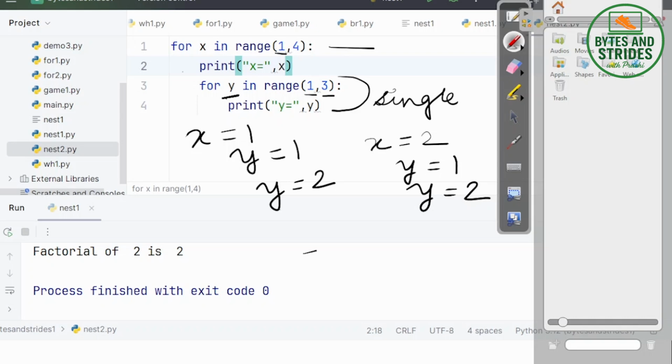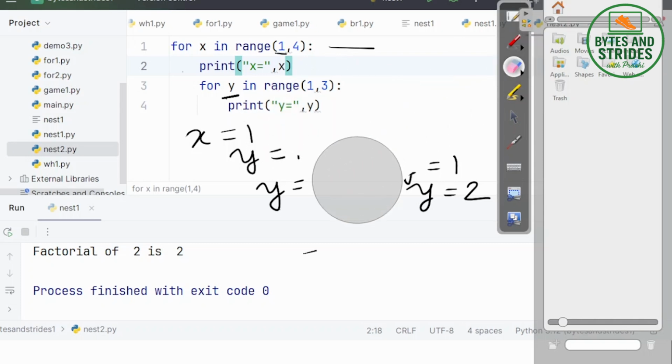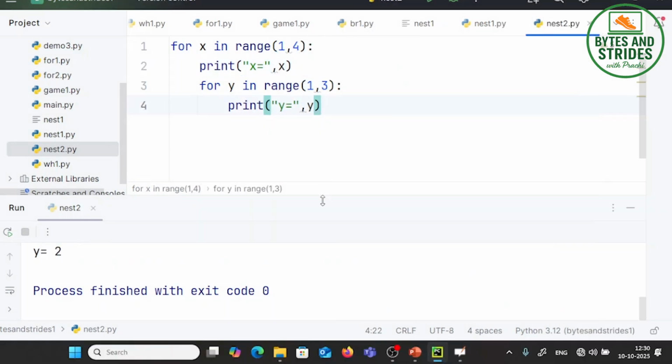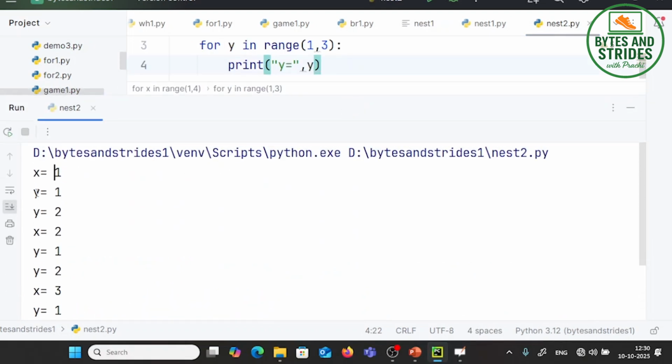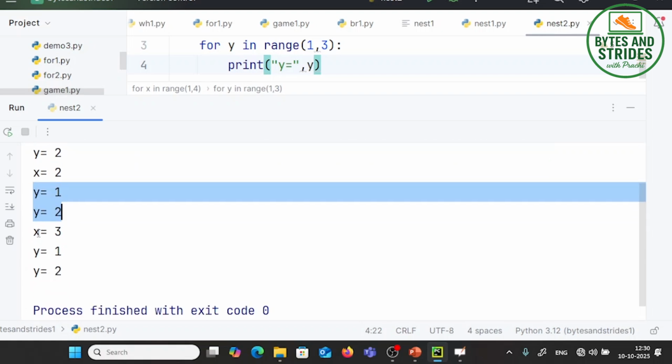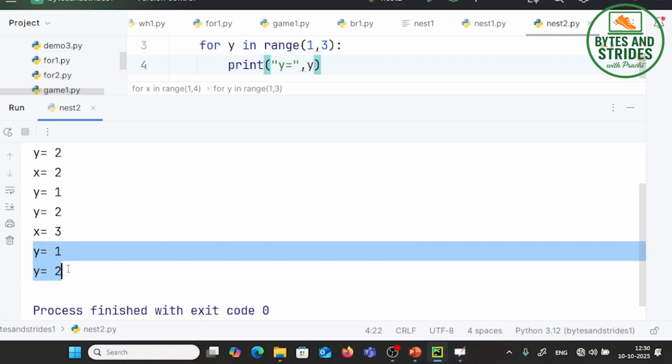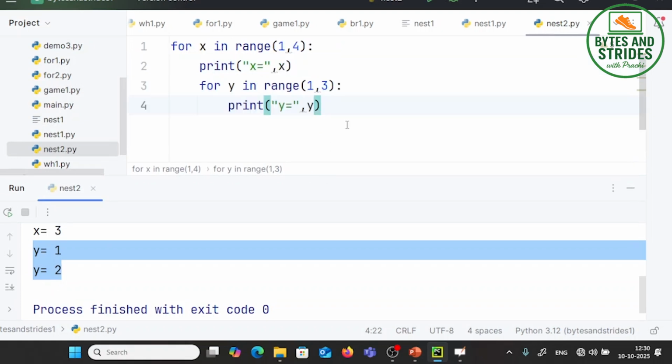If you see the output of this particular program when we execute it, you will notice for x equal to 1, y is 1, 2. For x equal to 2, y is 1, 2. For x equal to 3, y is again 1, 2. How many levels of nesting can you have? You can have any number of levels of nesting. For one iteration of the outer loop, the inner loop will be executed completely, and this applies to whatever levels of nesting you are going to have.